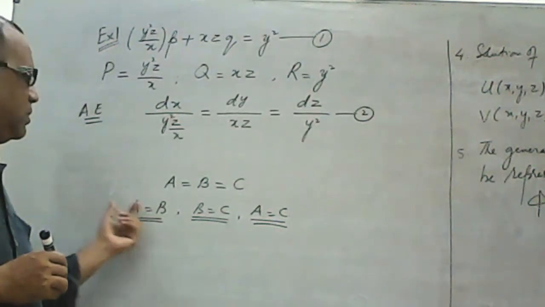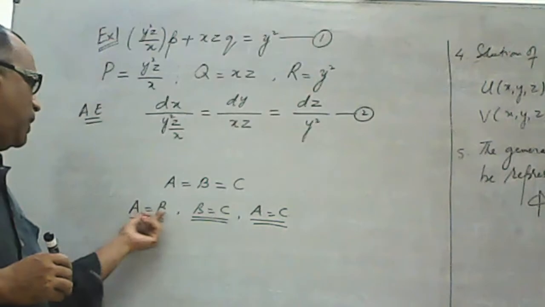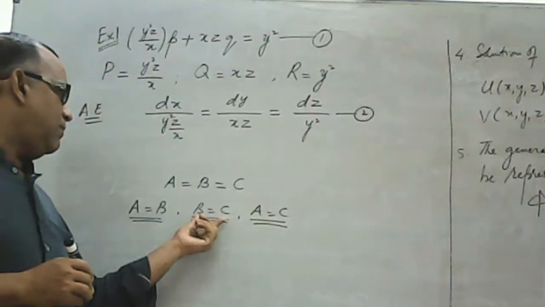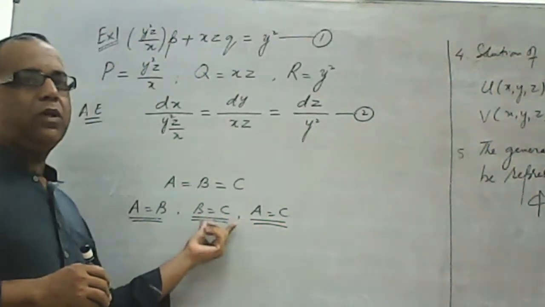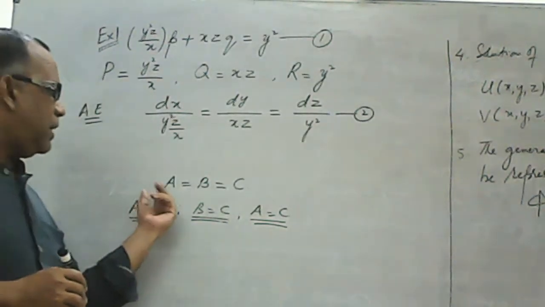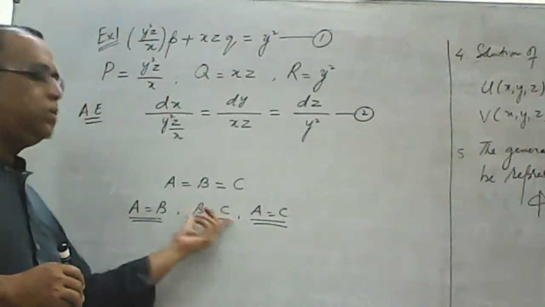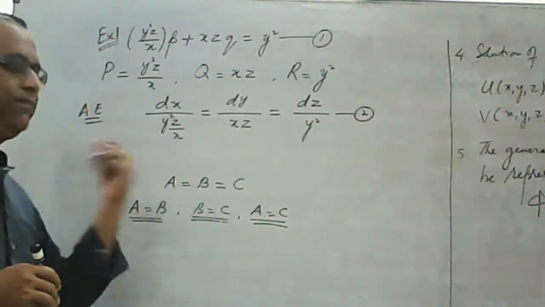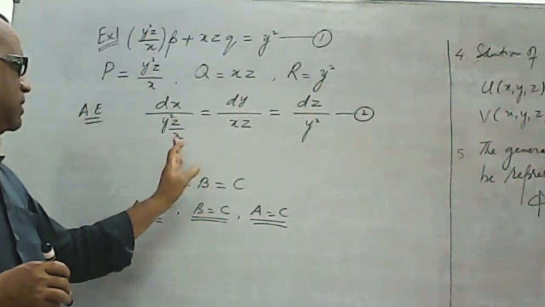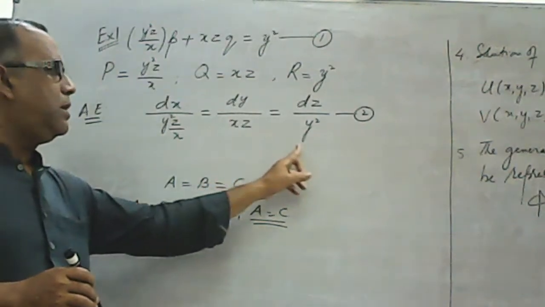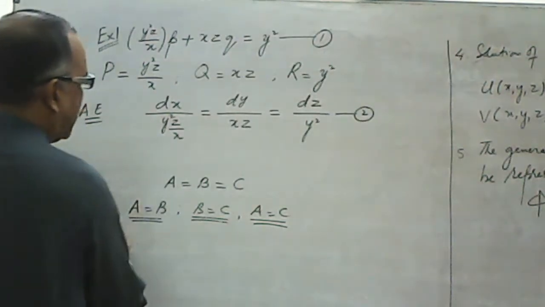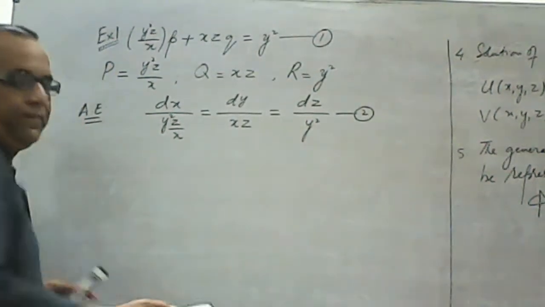We are allowed to prove any two, because if I prove A equal to B, B equal to C, it will automatically prove that A equal to B equal to C. Or if you prove B equal to C and A equal to C, it also denotes A equal to B equal to C. So the whole idea is that if A equal to B equal to C, then you need to prove any two of the 3 pairs. So here look, this equation 2 is in identical form, A equal to B equal to C. So our first task is to make 3 possible pairs of this equation number 2.